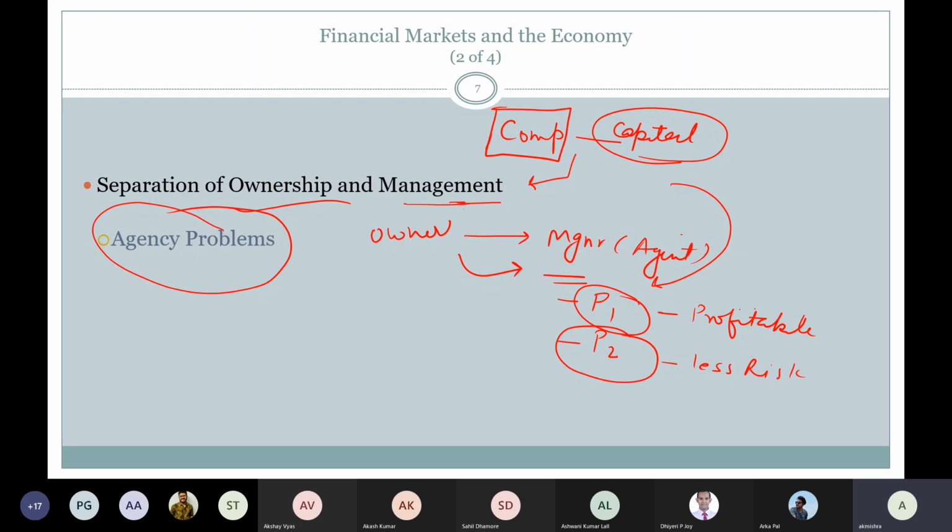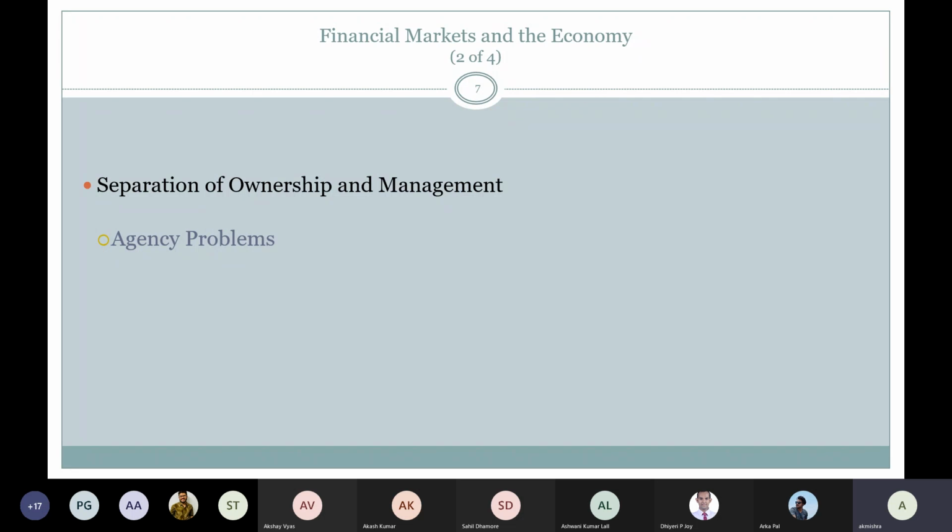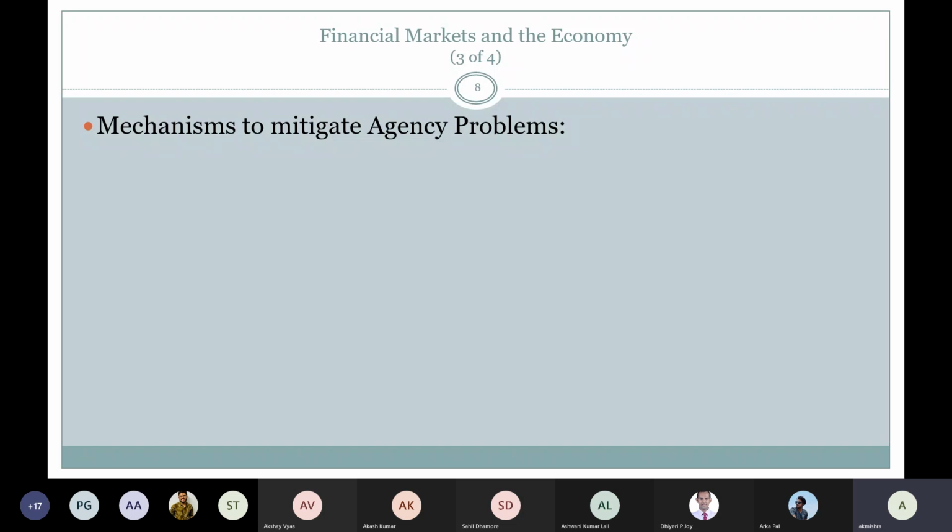So this kind of problem, we call it agency problem, and it is important because when we talk about portfolio management, at the end, managers are going to create the portfolio and they will be handling it on behalf of the company. And unless there is synchronization between owner and manager about the investment plan, about selecting the securities for the portfolio, it is not going to give the desired outcome or desired payoff. And that's why agency problem is one of the problems that must be taken care of. So what are the mechanisms by which this agency problem can be